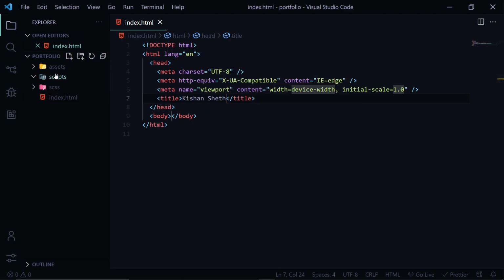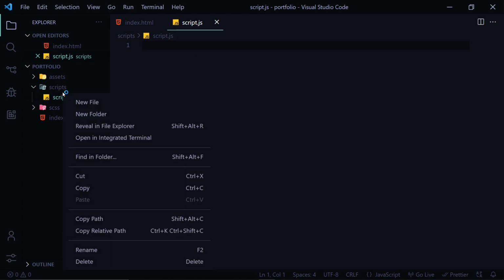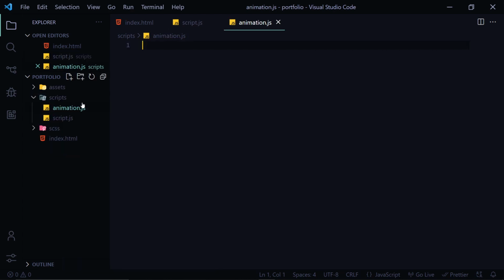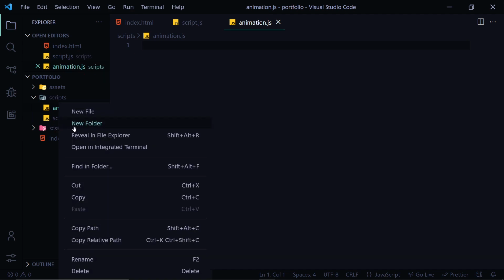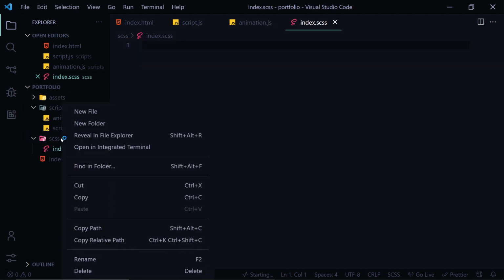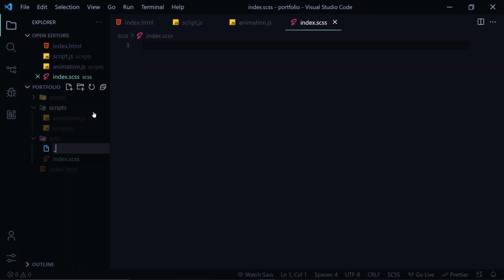Then inside the scripts we need to make two files, which are script.js and animation.js. Now inside the SCSS, first we'll create the index.scss, then we'll create a partial file which is base.scss,